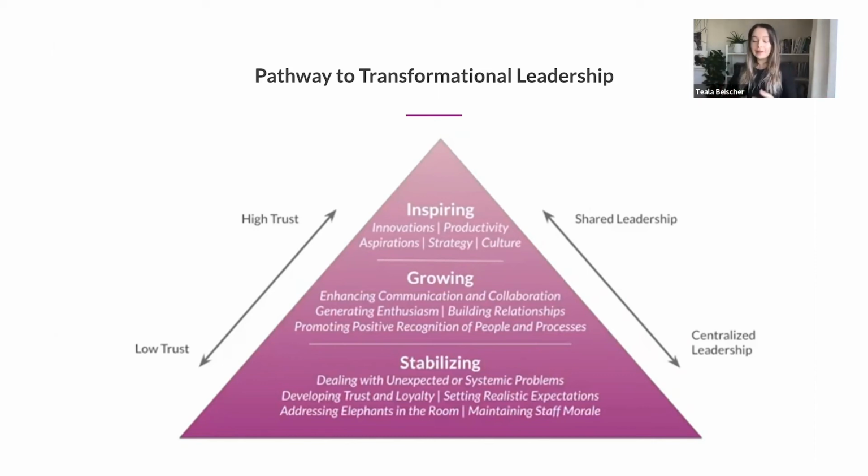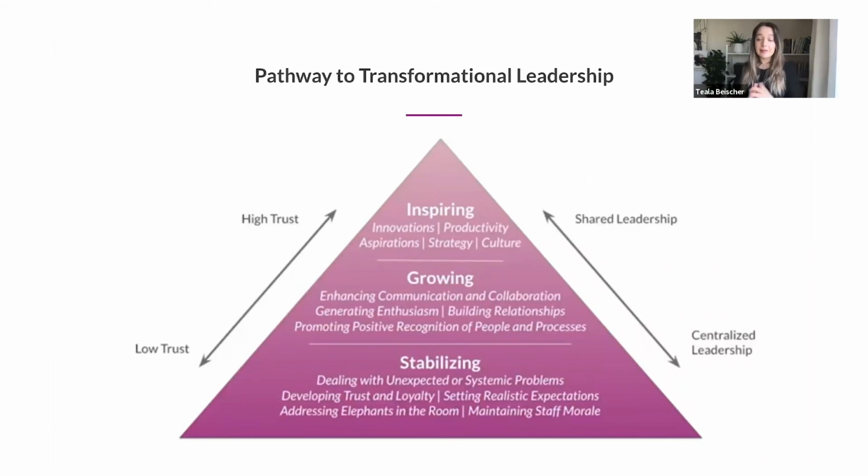And if you're building exchange series across these three and addressing all three steps, ultimately you're going to have your entire organization come together and be really productive in that shared leadership. And that's ultimately meeting that objective, or that why, of moving from loud to crowd, even in a leadership sense too. And what I do want to point out to you as well is that when we're looking at this slide and considering a series of exchanges, not every exchange series is necessarily going to go through all three of these processes. You're not necessarily going to run one on stabilizing, one on growing, and one on inspiring.